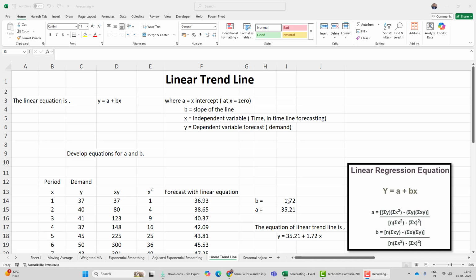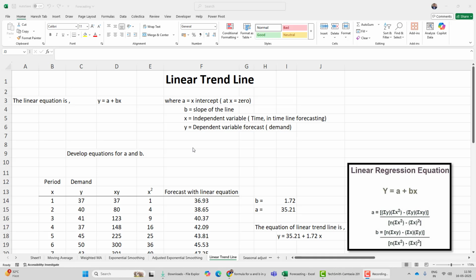Hello students, in this video we are going to look into the linear trend line, which is simple regression we use between a dependent variable and an independent variable. Suppose y is our dependent variable and x is our independent variable, then we are trying to get an equation in this format: y equals a plus bx, where a is the intercept of the line when x is equal to 0,